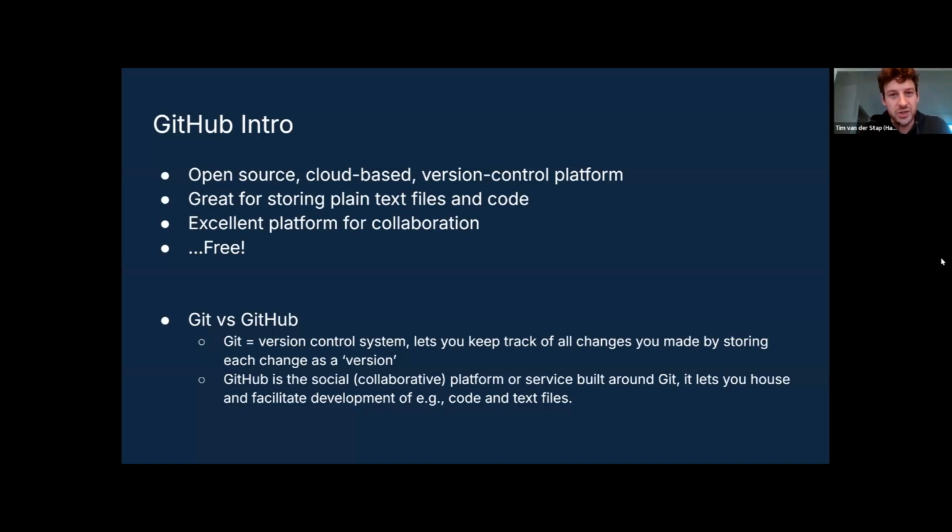It can also help track changes, and you can add comments to any of the commits, which I'll touch on in a little bit as well, explaining why you made the change. And as said, it's great for both plain text files and for code, and can be done by multiple collaborators at the same time. On the other hand, you have GitHub. GitHub really is the platform built around Git, and that lets you store code and text files in what are called repositories. So we'll dive into that one next. So the next slide, please.